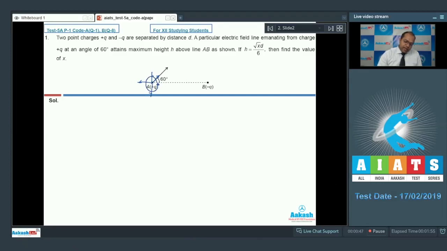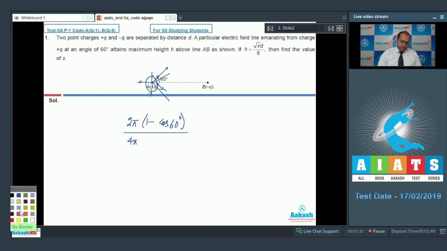So the fraction of solid angle through which these electric lines of force originate from this point can be written as 2 pi into 1 minus cos 60 degrees. This is the solid angle and its fraction is this divided by 4 pi. Since both the charges are of equal magnitude and opposite nature, whatever electric lines of force are originating from this plus Q are all terminating